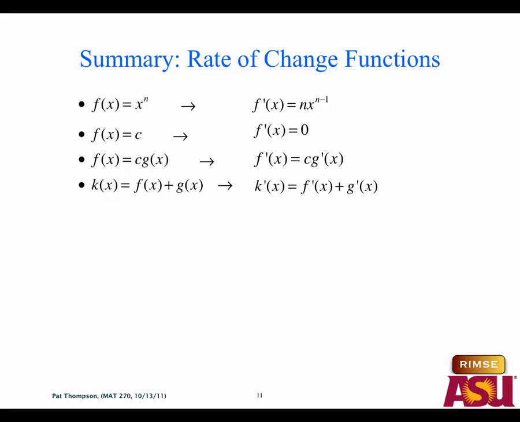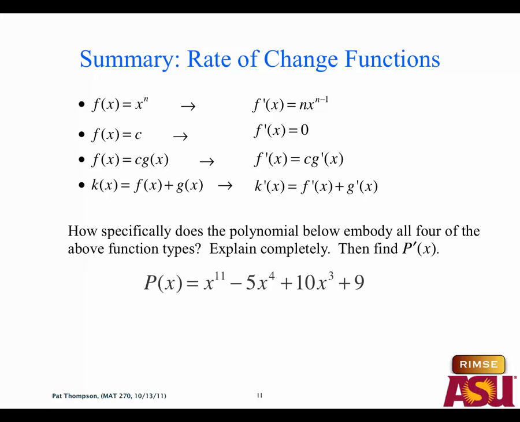So here's an example that has all of those rules involved. Let's look at where do we see x to the n? Where do we see that? Okay, right there. So if we were going to write the rate of change of p with respect to x,